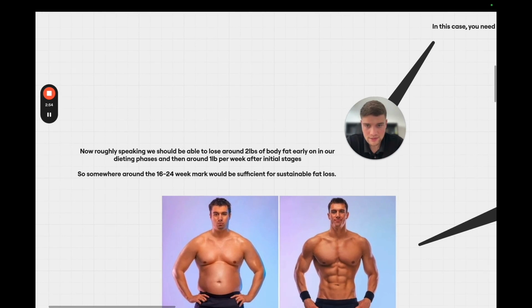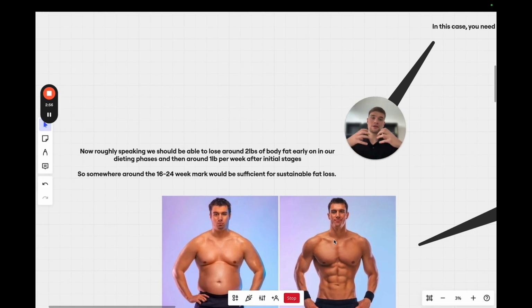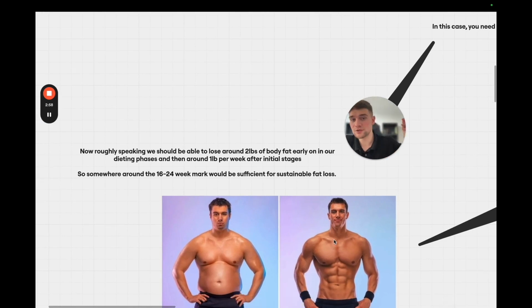So now, roughly speaking, when we talk about diets, we want to make them sustainable. We don't want to be losing body fat, then 6 weeks later, 6 months later, we're back to square one. The last thing we want to do is drop body fat and then gain it all back. We don't want to be a yo-yo dieter. 90% of people who do diets yo-yo diet, and I've done plenty of videos on how to make sure your weight loss journey is sustainable, your fat loss journey is sustainable, so you can lose that body fat and keep it off for good. It comes down to enjoying the diet, it comes down to making good choices with foods